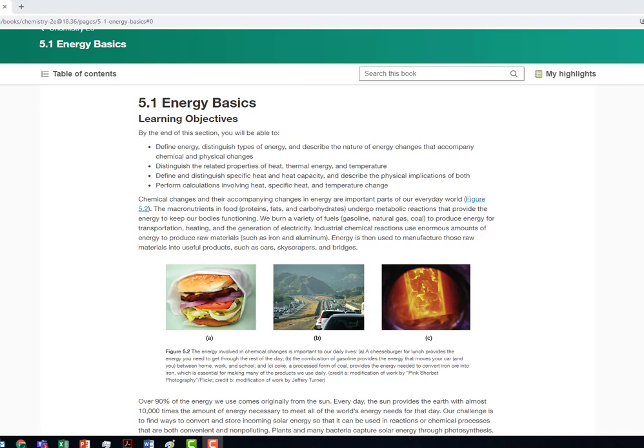Hello, everyone. I want to continue with section 5.1, and we'll be looking at these final couple of learning objectives. Define and distinguish specific heat and heat capacity, and describe the physical implications of both, and perform calculations involving heat, specific heat, and temperature change. So in this video, we will be looking at some quantitative ways of describing what we had discussed qualitatively in